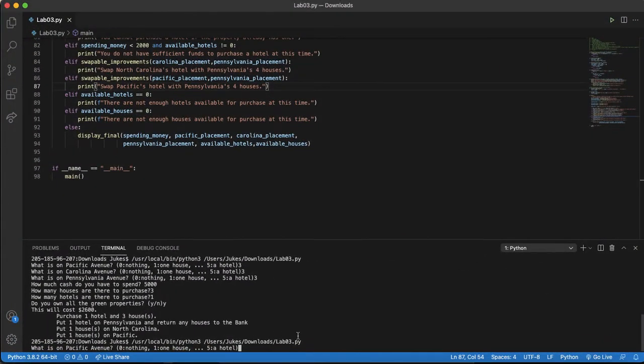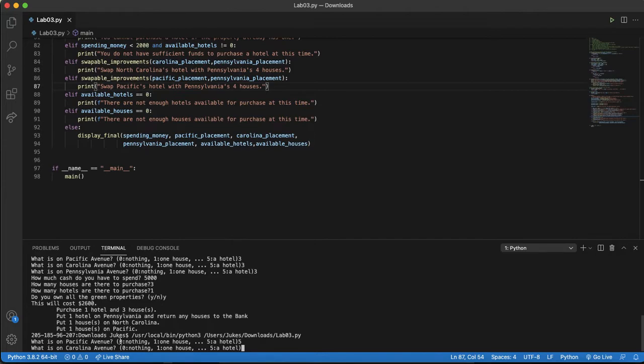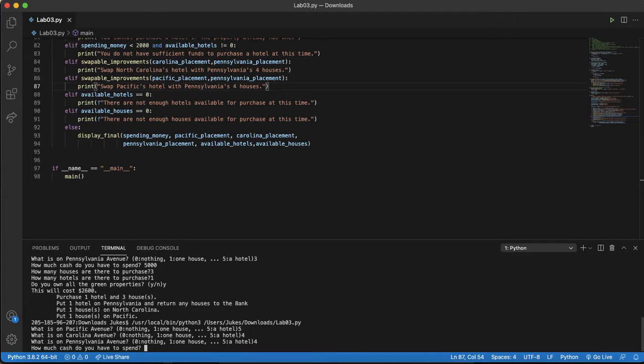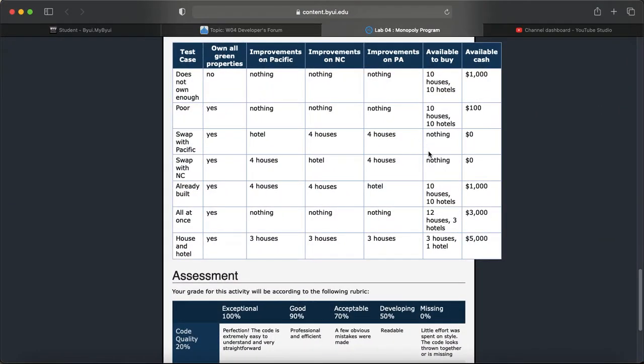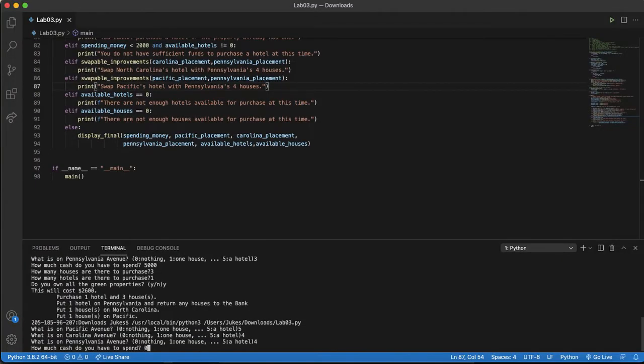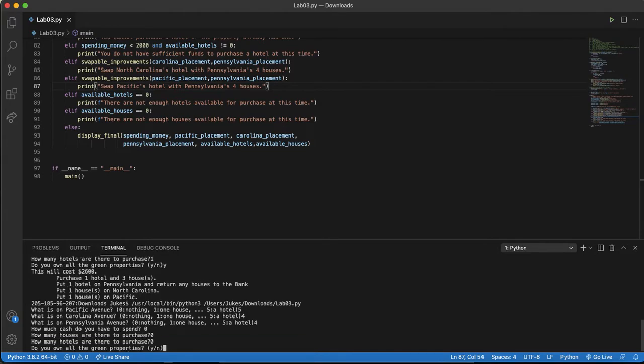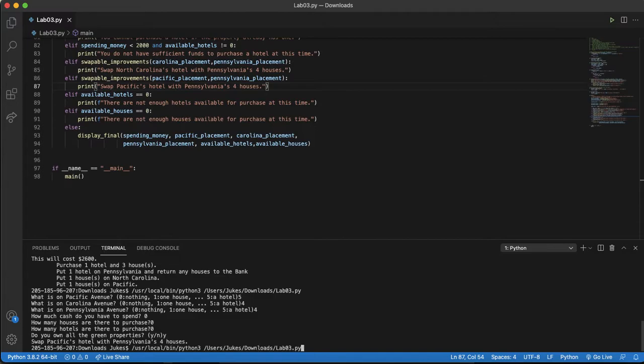it has a hotel, which is option number 5. Oh, little thing, 0 is nothing, 5 is the hotel, and 1, 2, 3, and 4 just signify how many houses there are. Carolina Avenue, and the rest have 4. How much money did it say? Oh, we don't have enough money, and there's nothing available. But I own a lot of houses. It says I can swap out Pacific